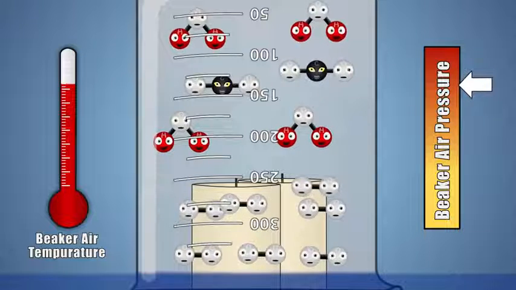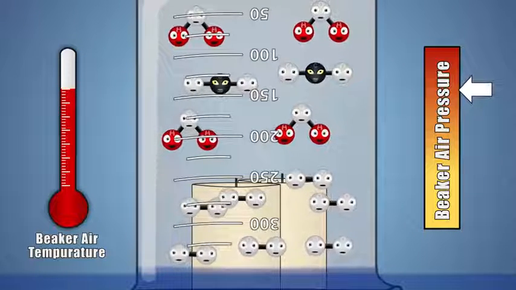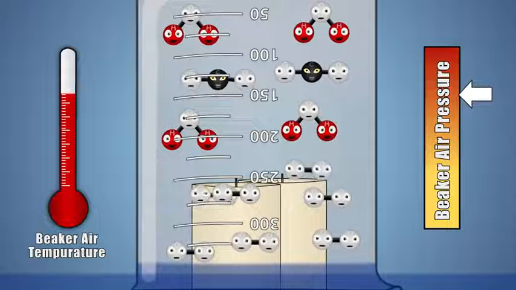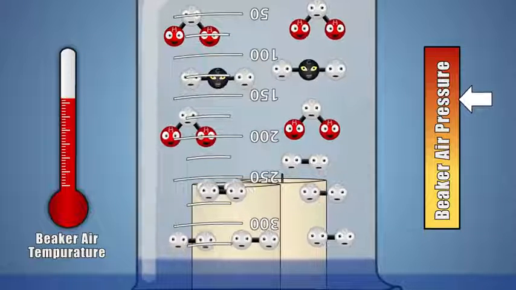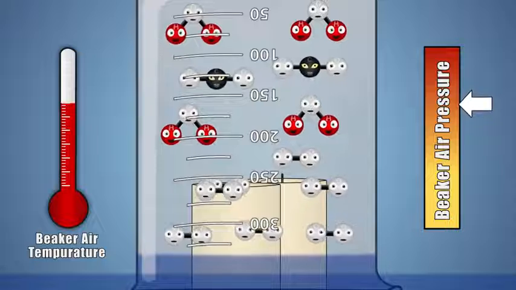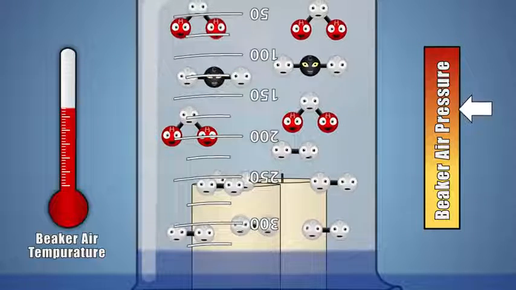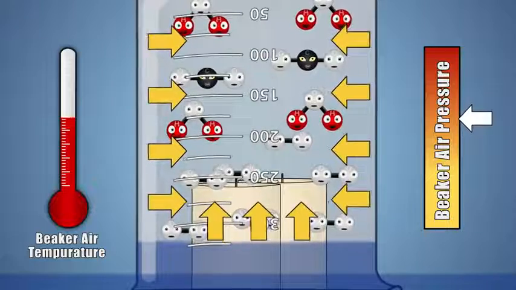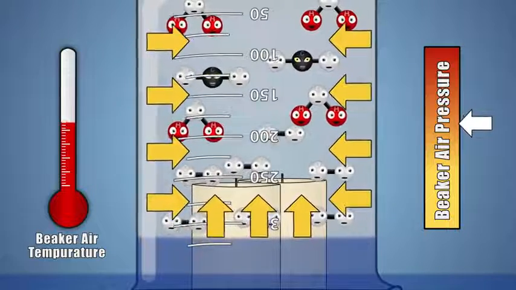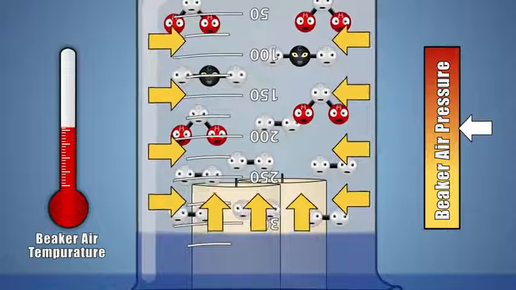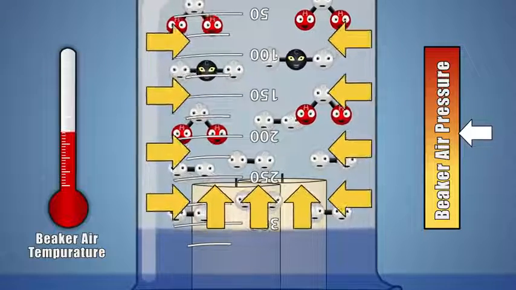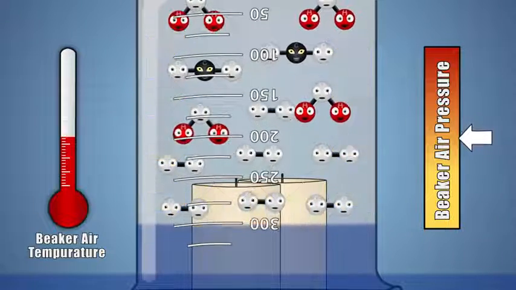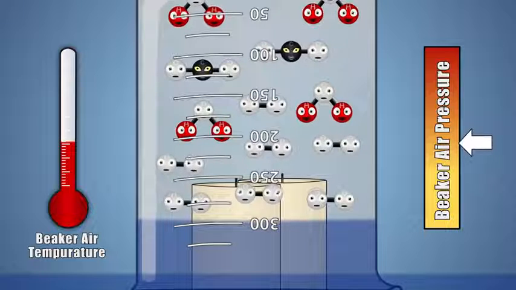Once the flame is extinguished, the air molecules under our beaker begin to cool off, dropping in temperature and losing their excitement. This causes the amount of pressure our air molecules are exerting on the sides of our beaker and the water at its base to drop. As the pressure drops, the air under our beaker wants to be equal to the pressure outside of our beaker. This need for balance causes a pull on the sides of the beaker and the water at its base. Because it's much easier to pull water into our beaker than it is to collapse the sides of our beaker, the water in our shallow container is pulled into our beaker, raising the water level under the beaker,